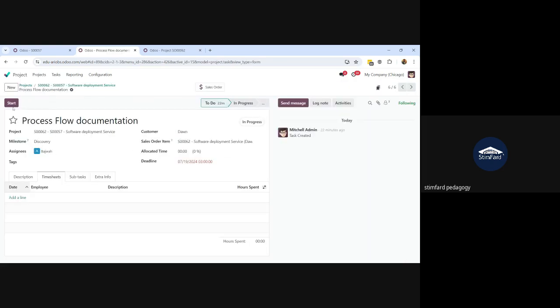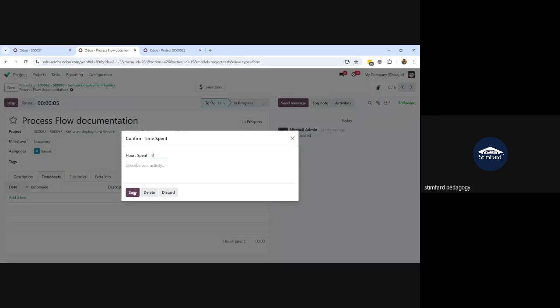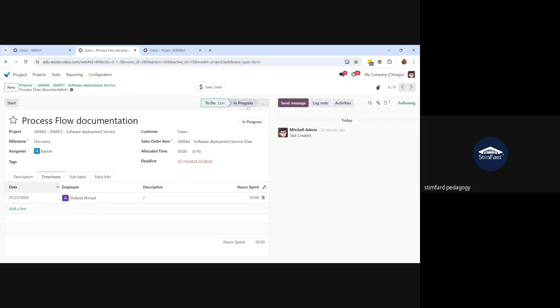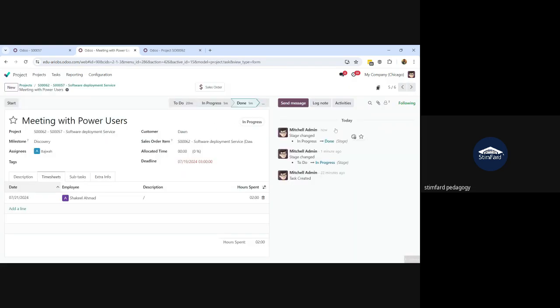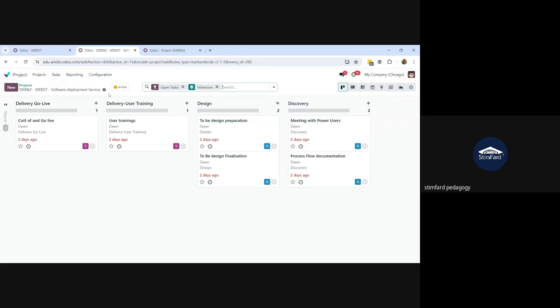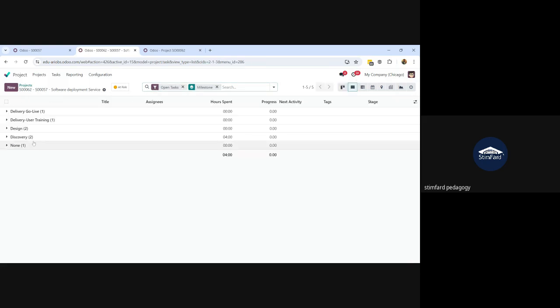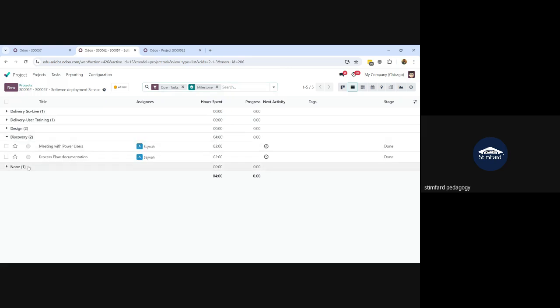I will start it, stop, and I will again give 2 hours spent timesheet for this added, and I will complete this task and go to the task. And now if I go to the list view screen and if I go to the discovery,